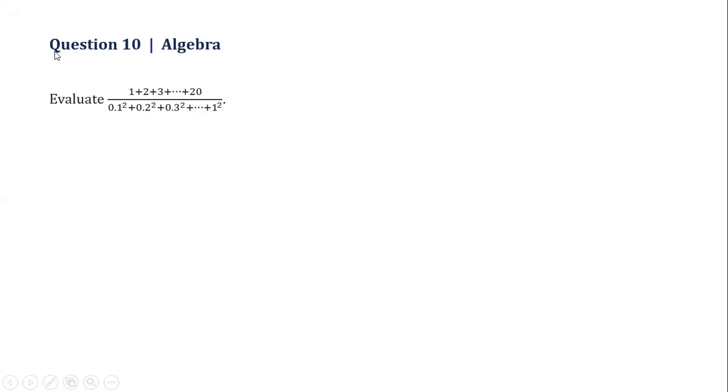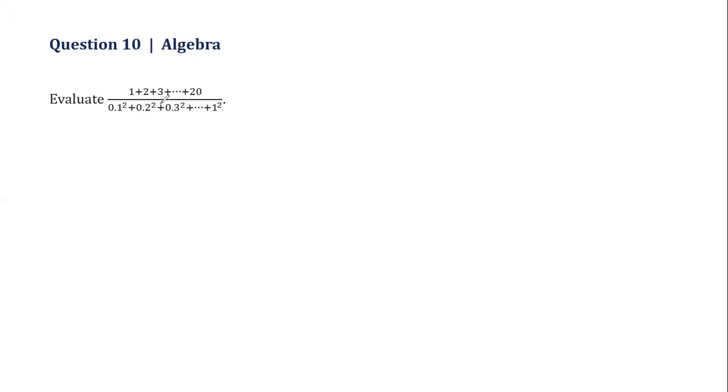Can you see the expression here, the big fraction? Or is it not clear enough? I think it's clear. Yes, it's clear. Okay. So the numerator is the sum of the first 20 whole numbers, and the denominator is